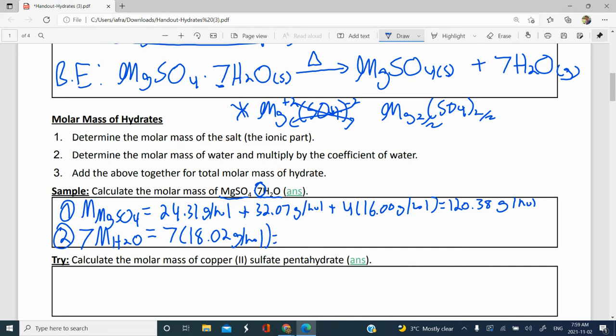And so 18.02 times 7 gives us 126.14 grams per mole. And our last step is simply adding the 2 molar masses together. So the molar mass of the entire hydrate is going to be 120.38 grams per mole plus 126.14 grams per mole, and we get